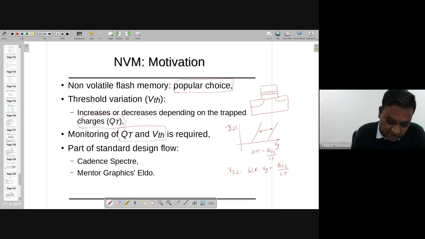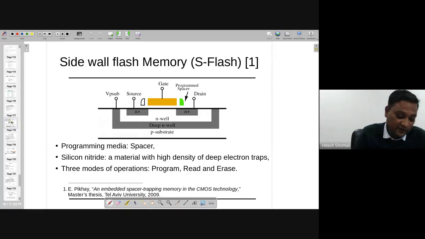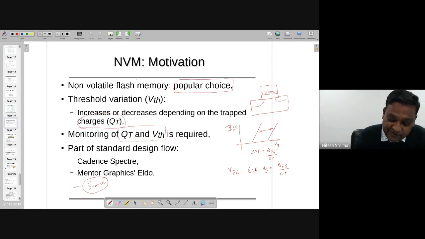And those things are part of the standard tools like Kane Inspector, Mentor Graphics. I don't know about CMYK, right? So that's why I have not given any task to design NVM flash. Otherwise, you could have done that also, but it's not required. Oh, by the way, yeah, forgot. So as per the trend,